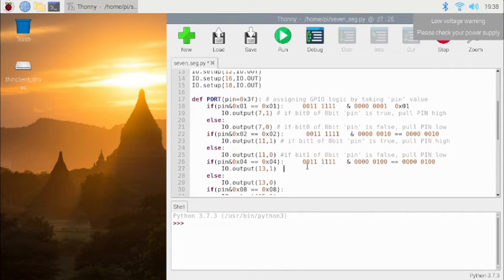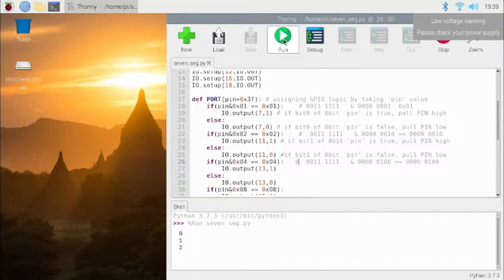So now I will run this. I have to comment this. Now simply I will run this code, and here you can see we have this number, and you can observe the output on the 7 segment also, right?